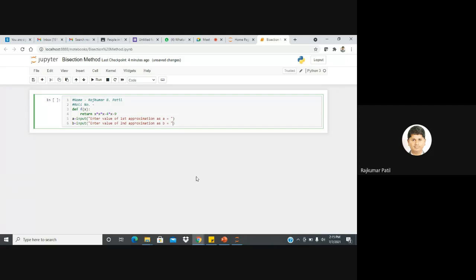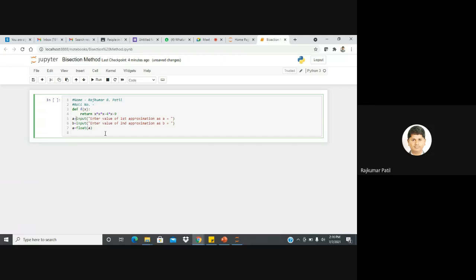Okay. So we entered the value of a and b, but the problem with these two lines, line number 5 and 6, is that we don't know whether a is an integer, a float, or a string. And generally, while solving the problem, we know that a and b are float. So again we will convert that value. We converted the value of a to float, and again we save it to a.